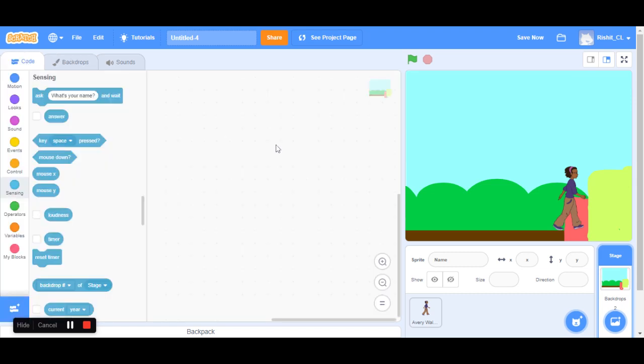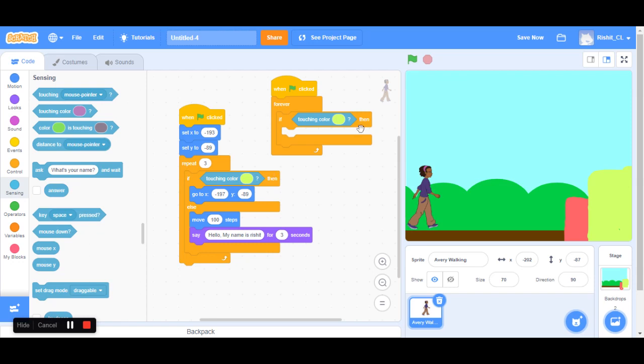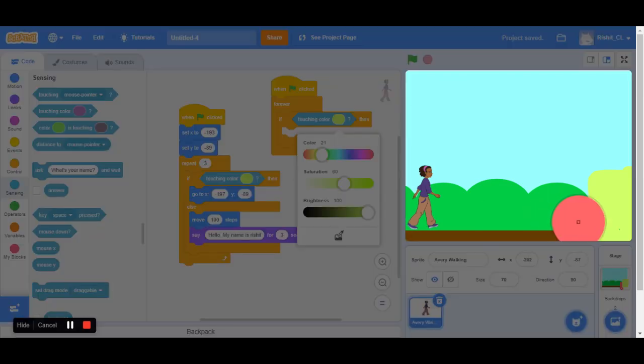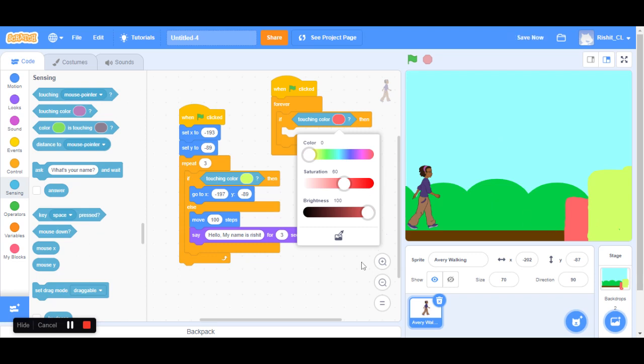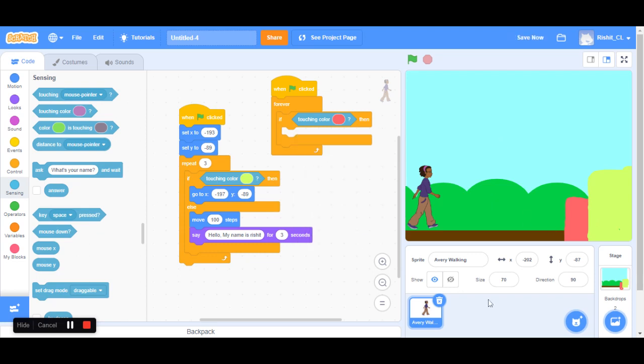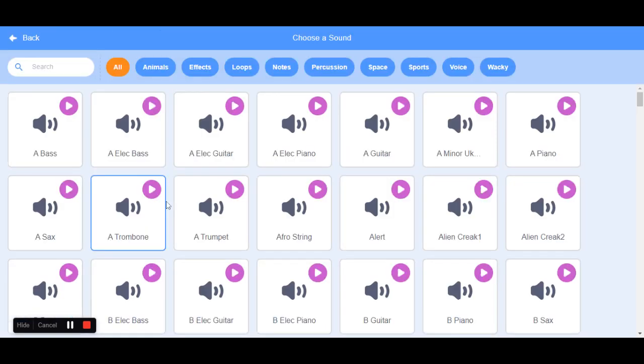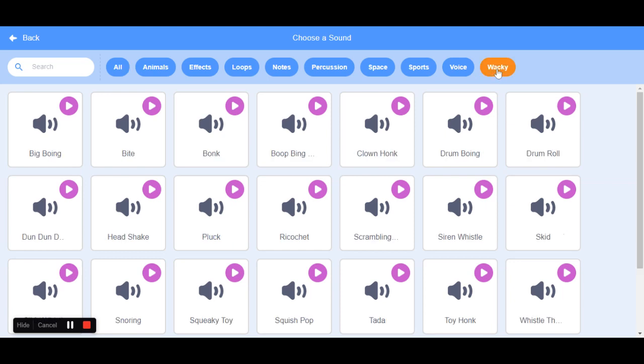And then I could go back to my code, drag my character over here to the starting position, and then choose a color. If it touches this color, then it plays a recording. So let's choose sounds now. We delete this, choose a sound of, let's see, animals, loops, notes, space, sports, voice, wacky.